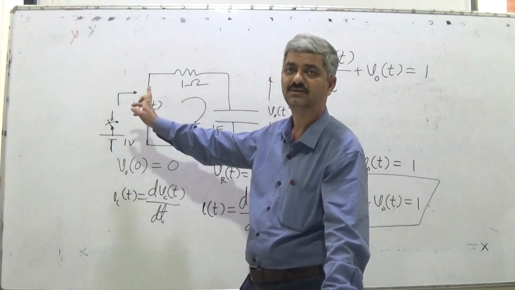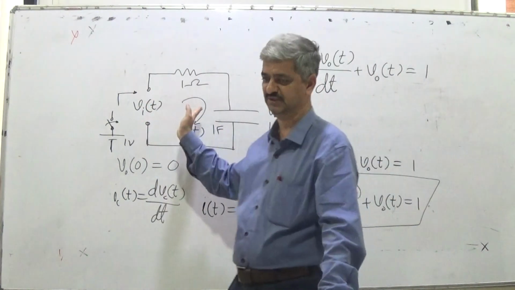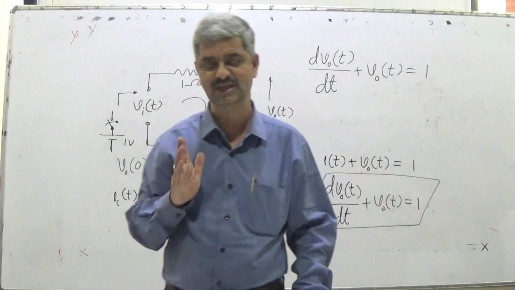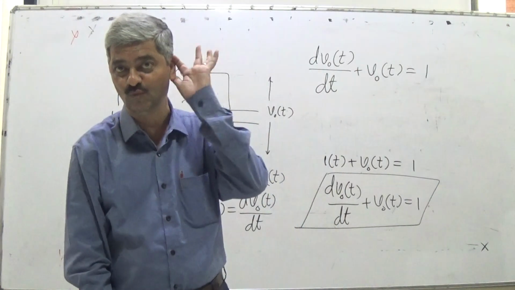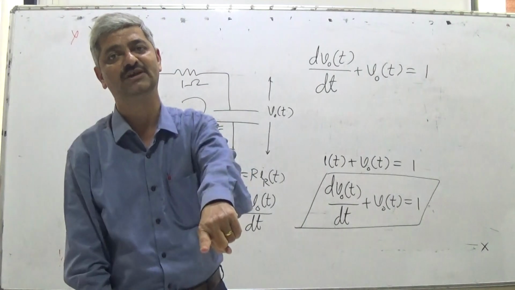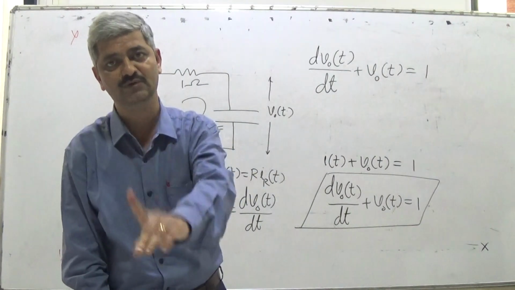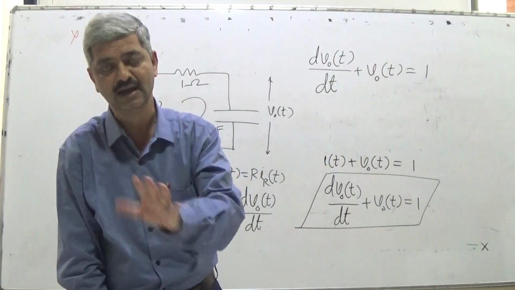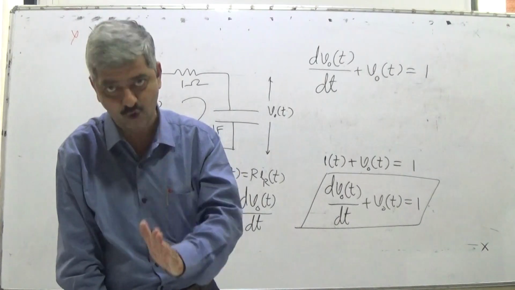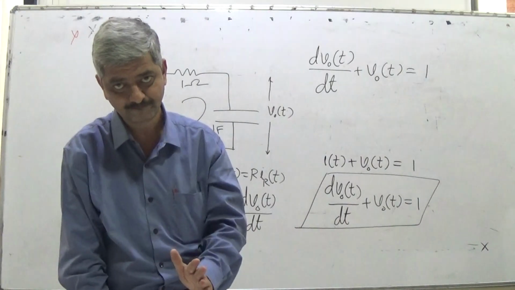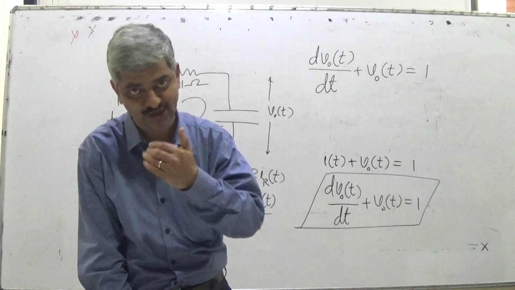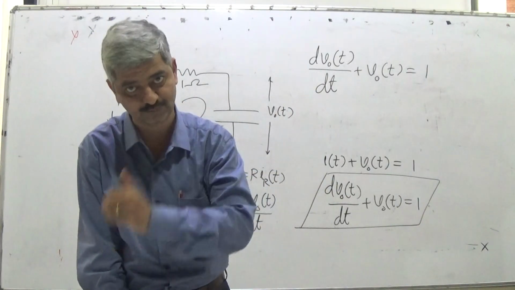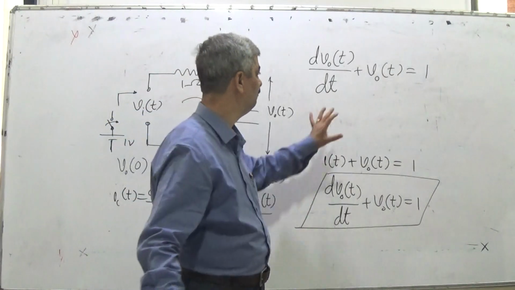Along with this, what we have done is we have informed that the input is 1 volt, we close the switch after t equal to 0. So we start from that point. Then we also need to tell what was the initial voltage across the capacitor. We will take it as 0 volt. VO at 0 was 0. We solve the problem. Then I will take a different value of capacitor. We can also solve that problem. So now we solve the problem.